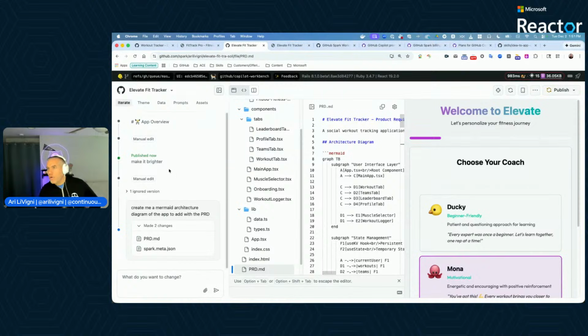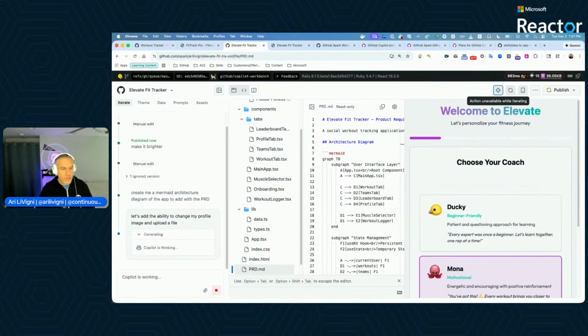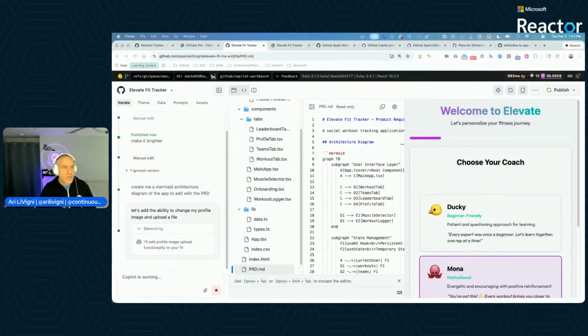I know we have about 9 minutes left. If there's any other questions I can answer before we iterate again, I'm happy to do that. I'll iterate though while someone asks a question. I can do something else. Let's add the ability to change my profile image and upload a file. I'm going to take